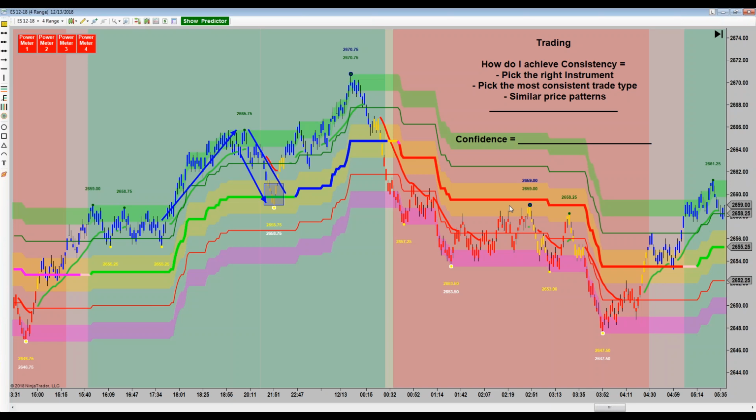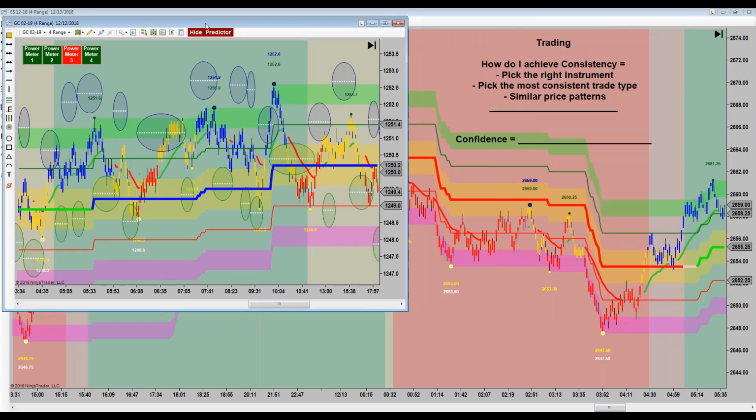But if you took an instrument where it's spiking up and pulling back and it's not respecting the midband, all of a sudden you think you're long and it goes whipping 80 ticks down, that's going to be a problem. You're going to have a very, very hard time trying to get consistent trading on a spiky instrument, unless you have a lot of experience in dealing with it. So what am I talking about? Let's look at this. Here's an example of gold, for instance.